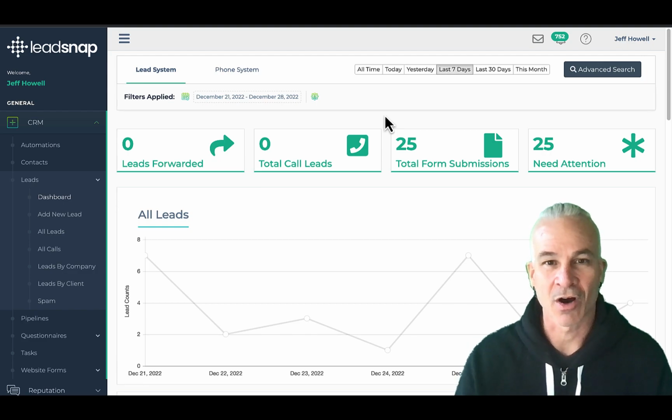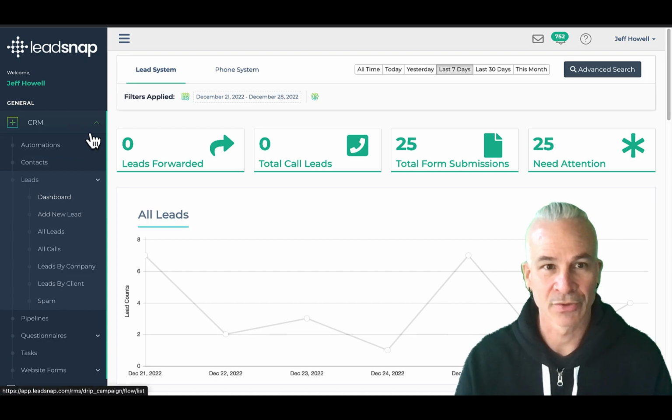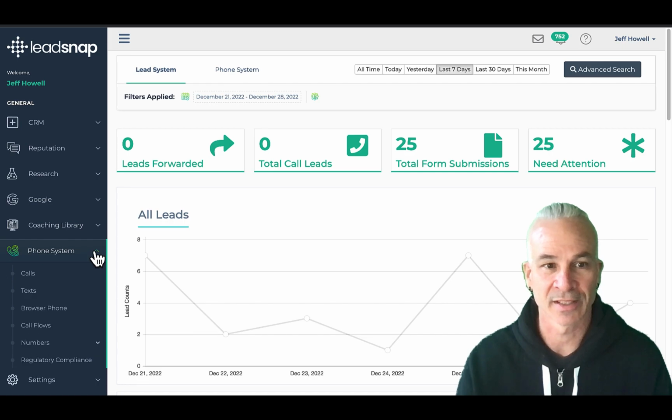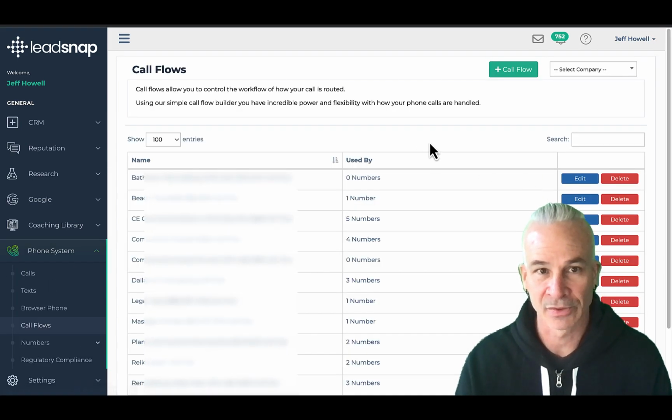Today I want to go over the call flow functionality in LeadSnap. If you go into your LeadSnap account over to the left-hand navigation, closer to the bottom of the phone system, and you click the down arrow, you can see call flows. You just click that tab and you'll see where if you already have call flows in the system, they will